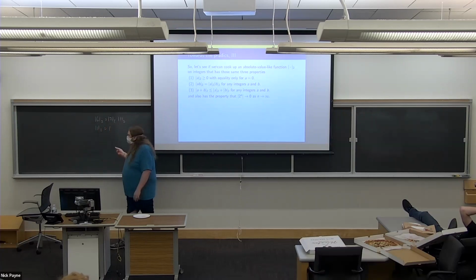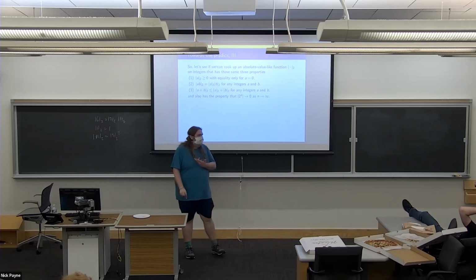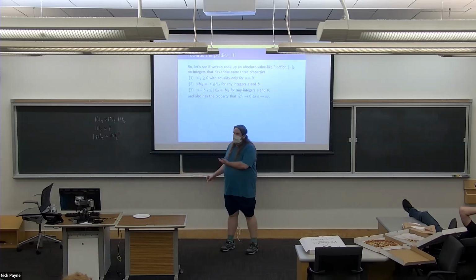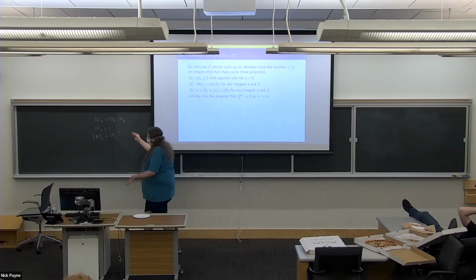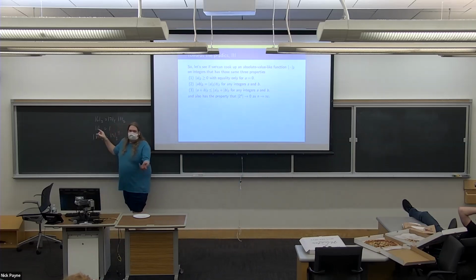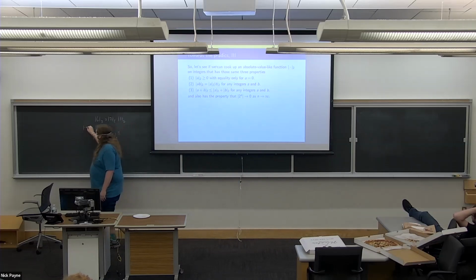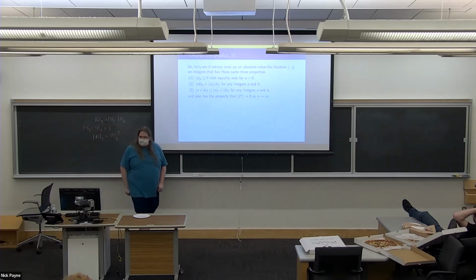So for example, if I wanted to compute the absolute value of, I don't know, some number, 81. Well, that would have to be the 4th power of the absolute value of 3. And so in general, if I just look at the prime factorization of my number, all I need to know is what this absolute value function does on the primes. And if I know that, I can compute the absolute value of everything else. I also need the absolute value of -1, but it comes from this, that it has to also be 1 as well. Okay.